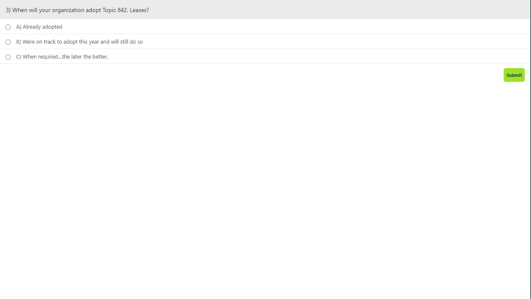While you guys are responding, I'll just share a quick anecdote. I was working with a client that has a 9/30 year end. They were on track to adopt ASC 842 with the new lease standards. They elected to do so, and their lease footnote is 4 pages long. So there's some excitement for those of you with a lot of leases to look forward to, as even longer financial statements.